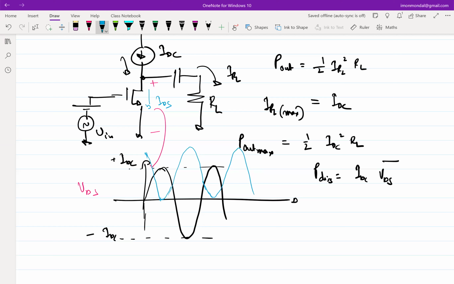Which will be, yeah, which is equal to value. Yeah, so in terms of the voltage, the swing across the resistor, right? What is the swing across the resistor? IDC times RL is the maximum swing, right? So essentially your,